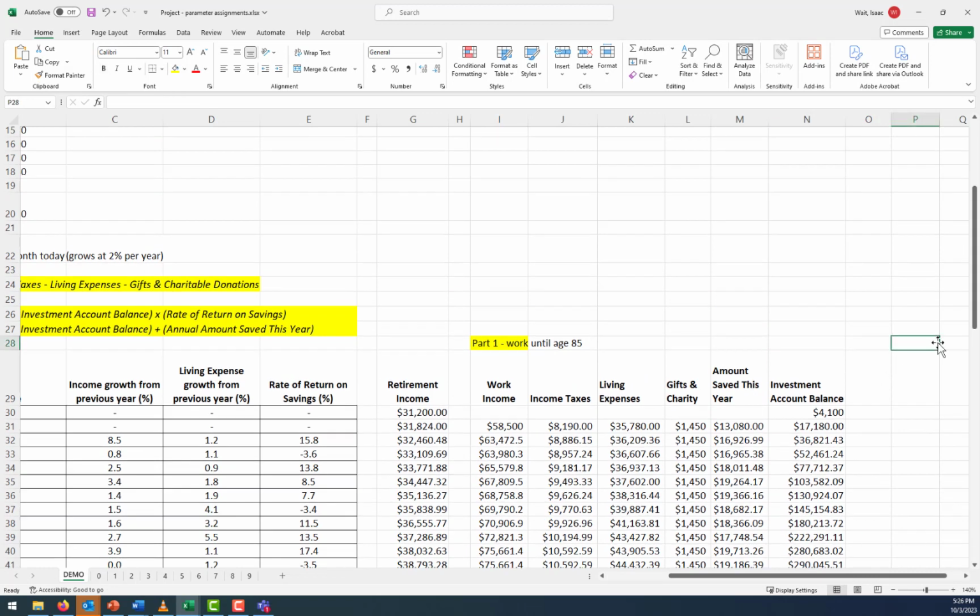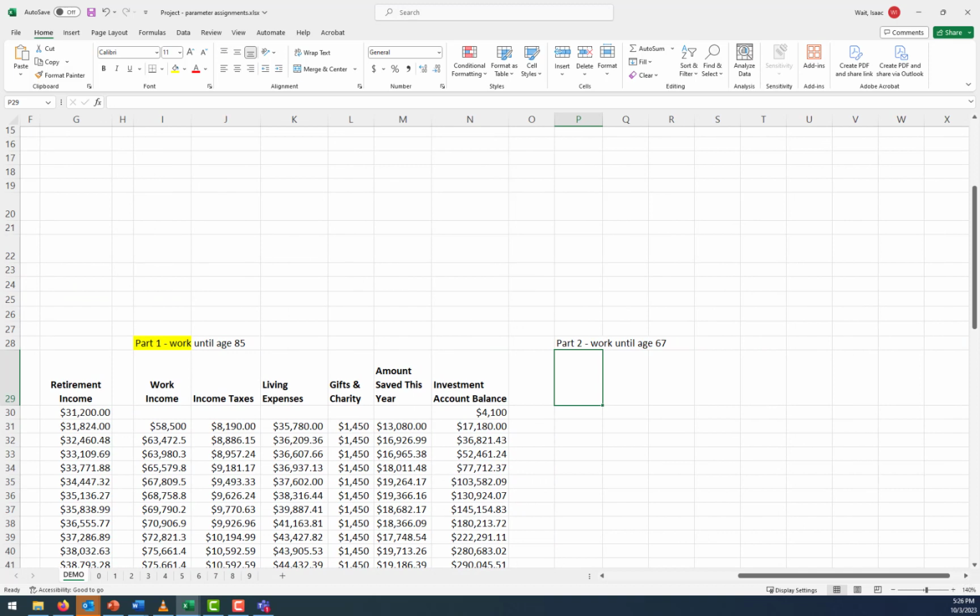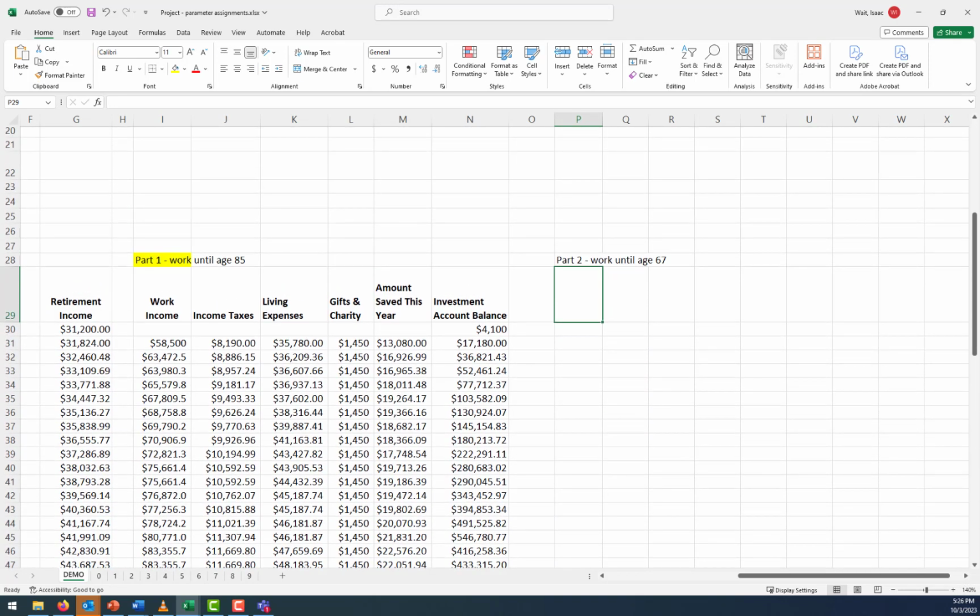Part two is work until age 67 and then retire. So there's a transition, and the question is what happens to their income during those years. If they are working all of that time and then they retire, basically we could copy over some of the same stuff, like there's still going to be the same work income, the same income